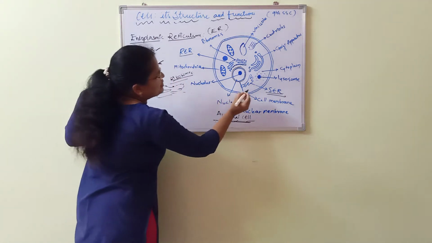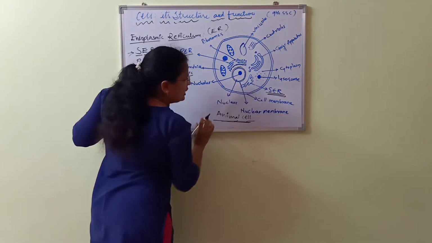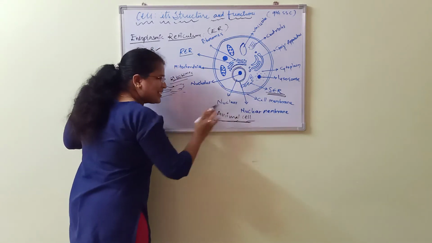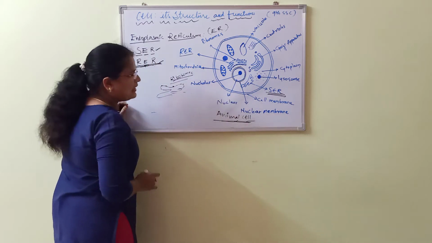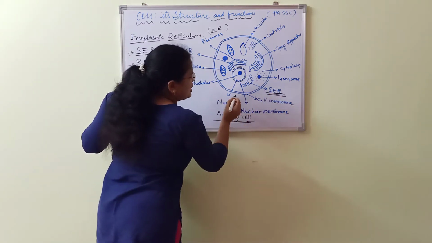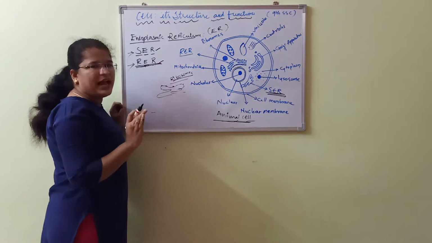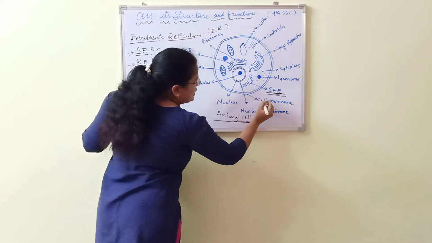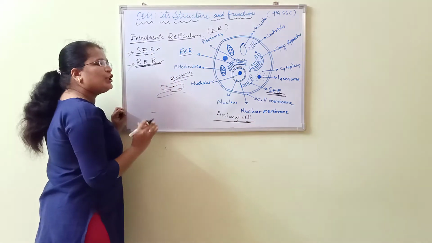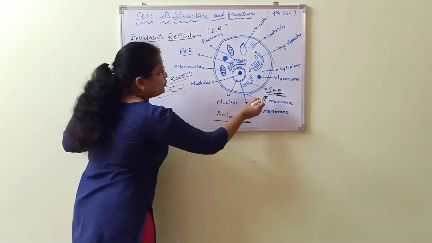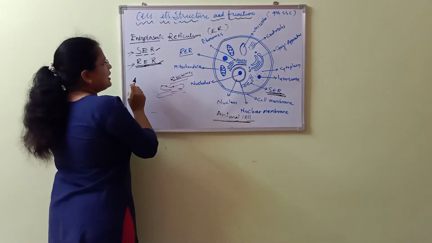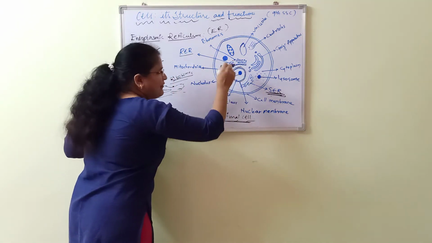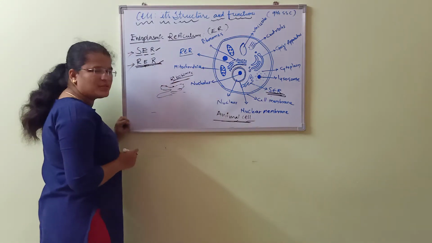See, the endoplasmic reticulum which is smooth is also a network-like structure. Both are network-like structures, both are like vesicles, both have the cisternae in the middle. But this endoplasmic reticulum does not contain any type of granules on its surface. As it does not have the granules, it is known as smooth endoplasmic reticulum. This is smooth endoplasmic reticulum and this one is rough endoplasmic reticulum. Depending on the structure, they differ from each other by having the granule-like structures known as ribosomes.